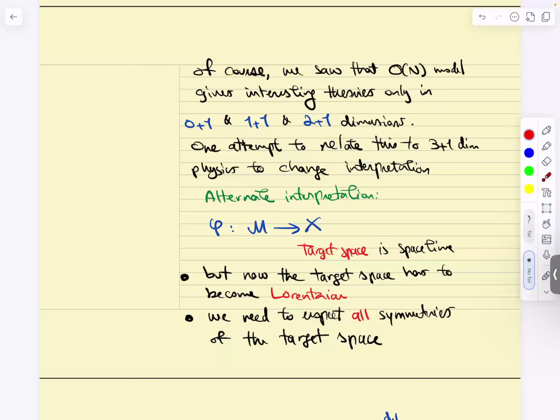If this is the interpretation you're going with, there are things that you need to do. First, the target space now has to become a Lorentzian manifold, right? And then we need to respect all symmetries of the target space, because the target space symmetries are now, quote-unquote, space-time symmetries. Notice that the nonlinear sigma model doesn't need such an interpretation. Nonlinear sigma model is just